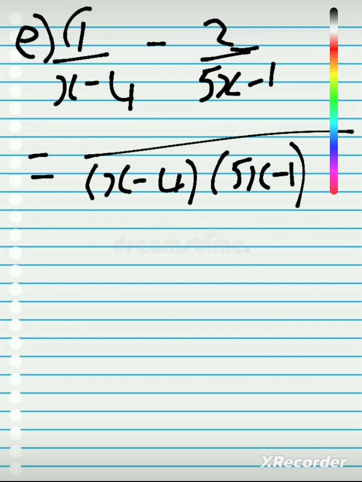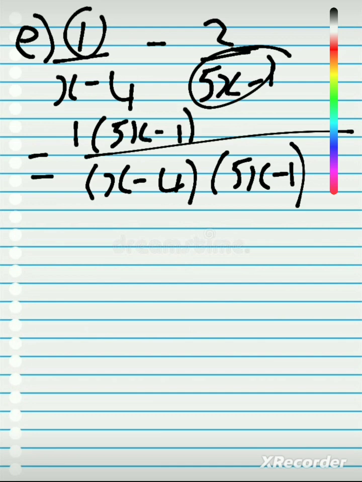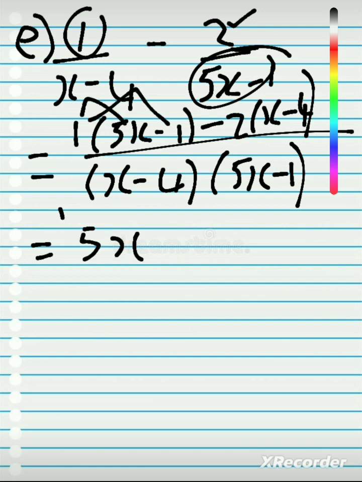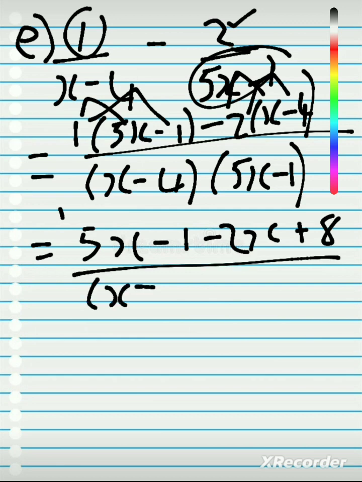Okay, so 1 multiplied with this, so it's going to be 1 times 5x minus 1, then minus 2 times x minus 4. Okay, so we start expanding. 1 times 5x is 5x. 1 times negative 1 is negative 1. Negative 2 times x is negative 2x. Negative 2 times negative 4, it's 8 over x minus 4,